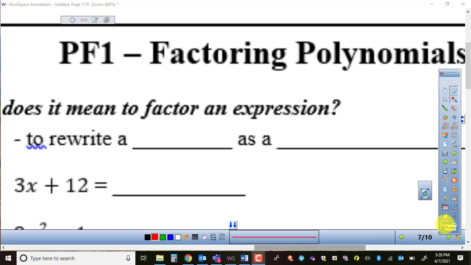We are going to start factoring polynomials. And what exactly does it mean to factor a polynomial? Well, we're going to start by getting a definition of that in our note sheet here. Factoring a polynomial means to rewrite a polynomial